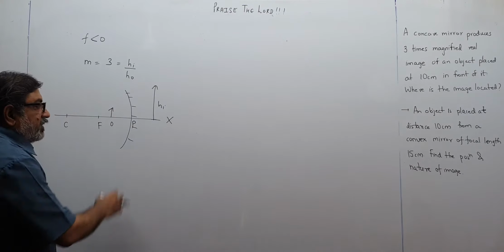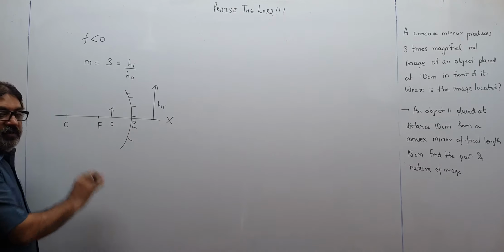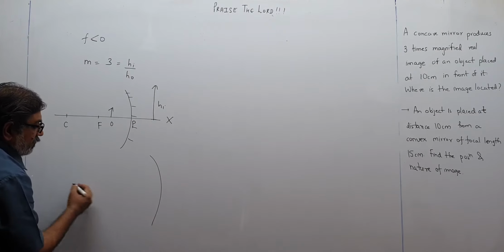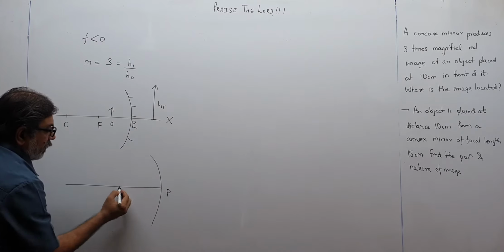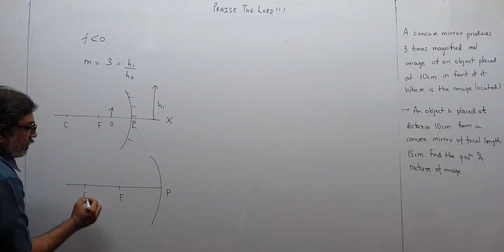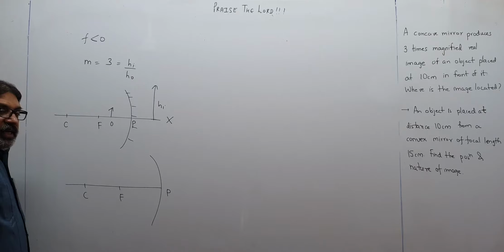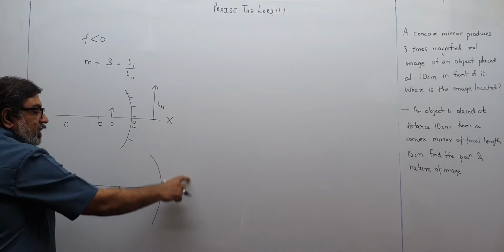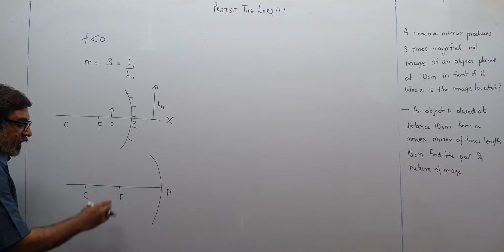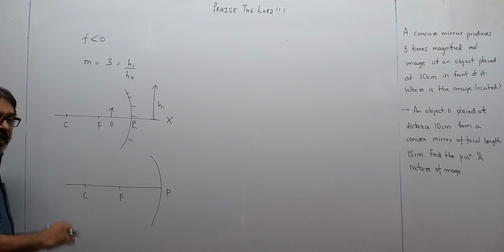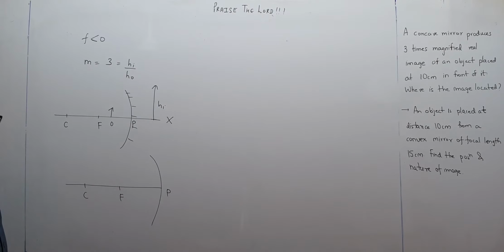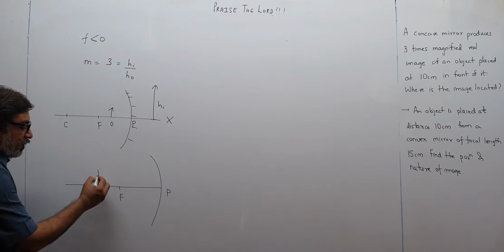We want a real image, which should be in front of the mirror, it should be here. So that means the situation should be like this. This is pole, focus and center of curvature. I know to get a real image, I should put the object anywhere over here, not in this much region. If I keep it here, then my image will be virtual and erect. If I keep it anywhere over here, then only I will get a real image. So supposing I keep my object over here,